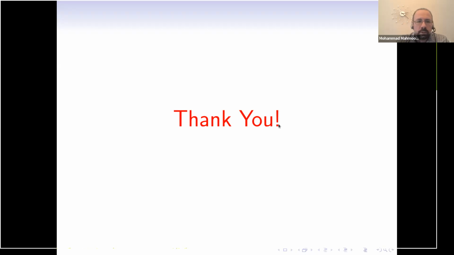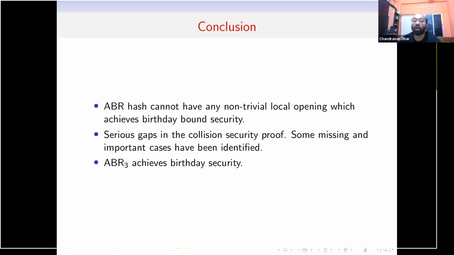So I have a question myself. For L bigger than 3, the ABR construction is not collision resistant up to the birthday bound, or we just don't know? No, it is, we just don't know, because what we can show, what has already been shown in a different setting by Menning and Prenil in 2016,